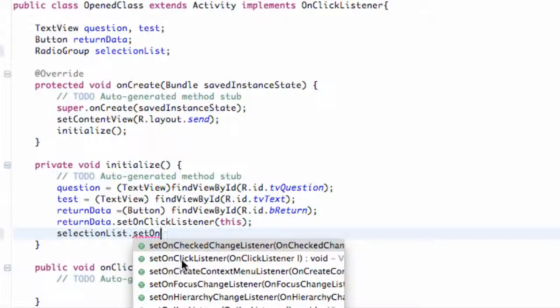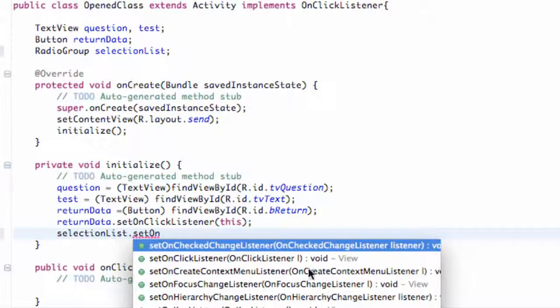Again, we could do onCheckedListener, but it's better to say OnCheckedChangeListener, because anytime one of those radio buttons within this radio group is clicked, it's going to call this method, basically the OnCheckedChangeListener. As you can see here within its parameters, it takes a variable type or object for the most part,